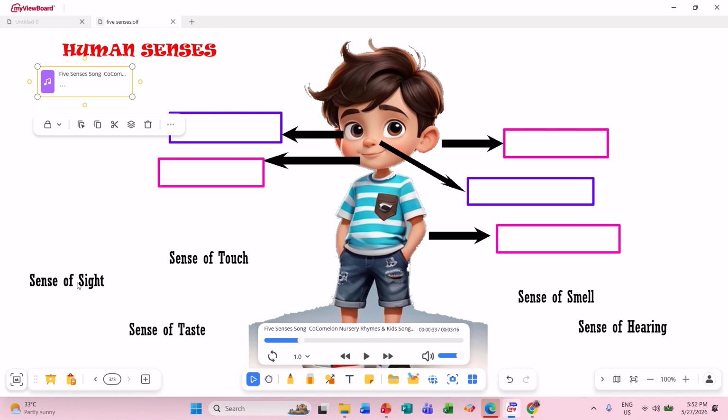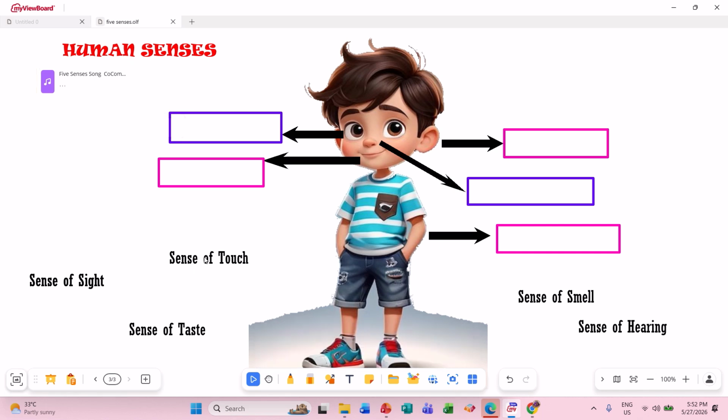One more thing: let's say the students couldn't read a word. They can just click on it and use the text to speech feature. Yes, we will read for you.